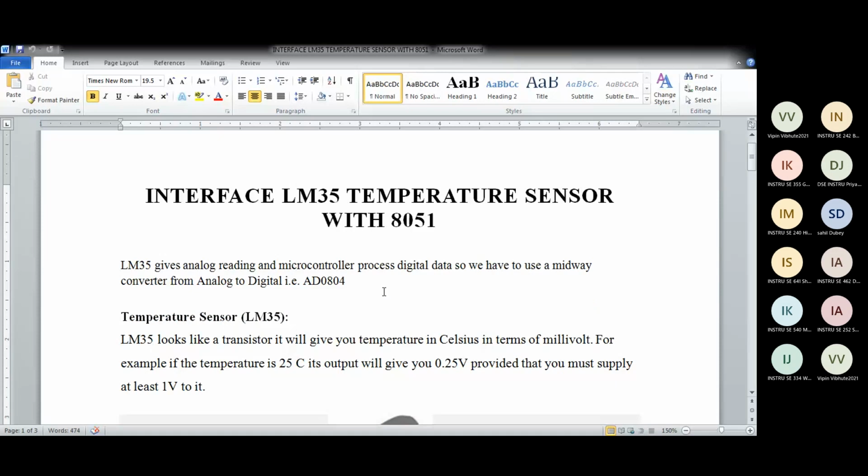So LM35 is a temperature sensor. It's a monolithic, semiconductor-based sensor, and it is basically for ambient temperature measurement. Ambient means room temperature. It works fine up to 80 to 90 degrees, not more than that, because it is ceramic or semiconductor based; if used for higher temperatures, it will burn out and get damaged. So it is called an ambient temperature sensor. Up to 60, 70 degrees, it works okay. As it is a semiconductor, it gives you a linear output.